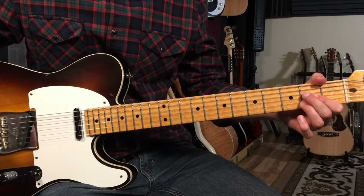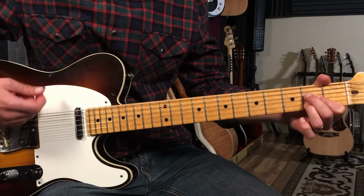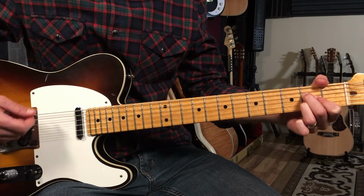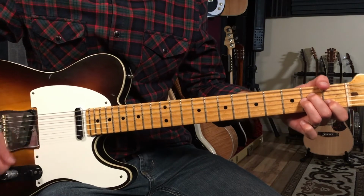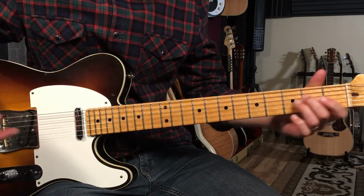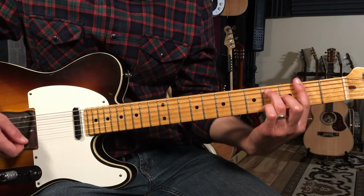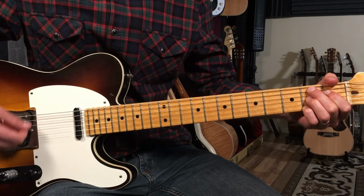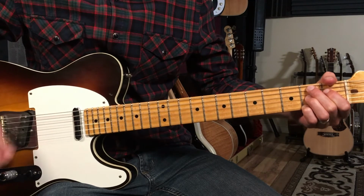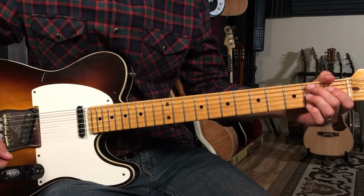Then we're going to repeat the first 4 bars of the bridge again. A, A minor. Then we do another familiar chord progression, F sharp 7 for 2 bars, B7 for 2 bars. And a lot of times in these last few bars, you know, like in the last